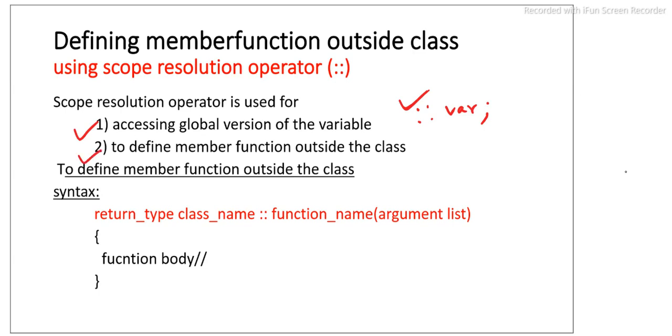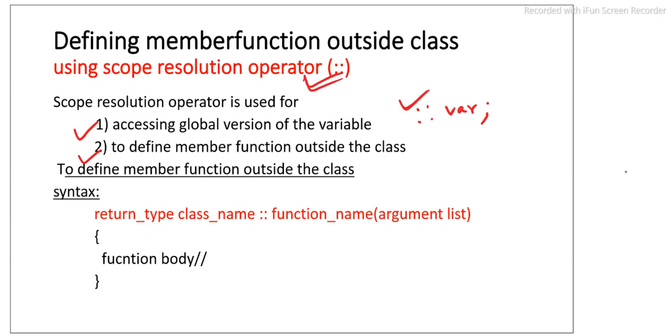As we know, whatever methods or functions we declare or define inside a class are known as member functions. Sometimes in a program we define the member function inside the class, but when we define it outside the class, we need to use the scope resolution operator, so that access will be provided from the class to the function.